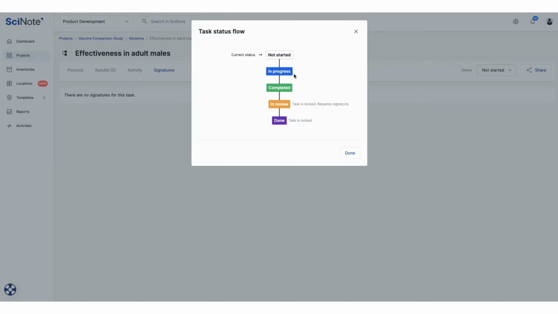When a task is created, of course, it's in the status not started. And then once you begin working on it, you can update it to in progress. Once it's completed, you can update it to completed. Now you can choose to leave it at completed, which is totally fine. However, if you leave the task at the status completed, other users in SciNote that have editing permissions to this project or task can still come into this task and make changes to it, even though it's been marked as